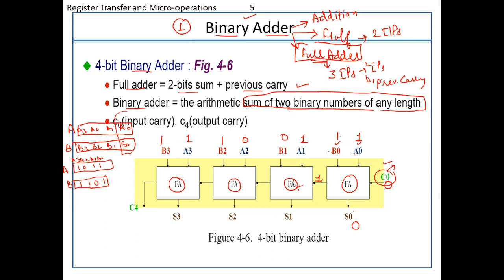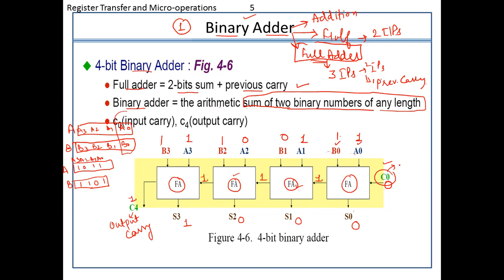So again, in this full adder also, for the condition of a full adder, I need three inputs. I am having those: 0 plus 1 plus 1. Again, 1 plus 1 is 0 and 1 is carry, right? So furthermore, I am again having three input values, so I need a full adder here. 1 plus 0 plus 1 again will give me 0 as sum and 1 as a carry. So for these last two, I am having three ones: 1 plus 1, 0, 0 plus 1, 1, and 1 as a carry, which is nothing but the output carry.